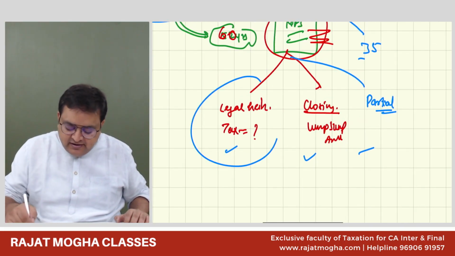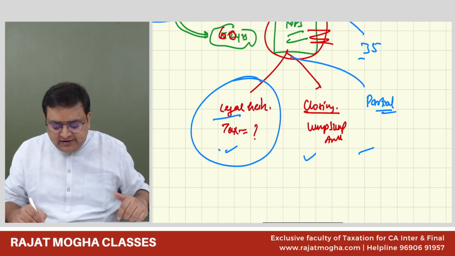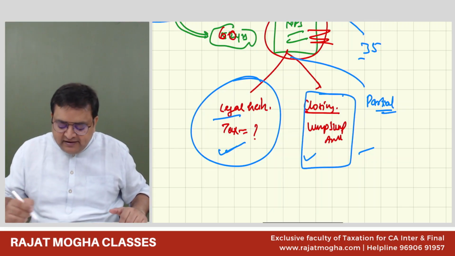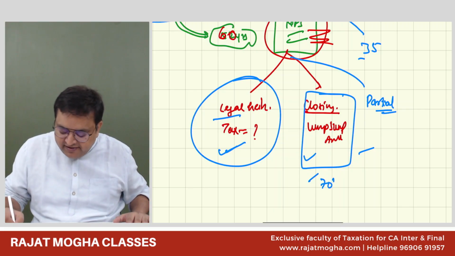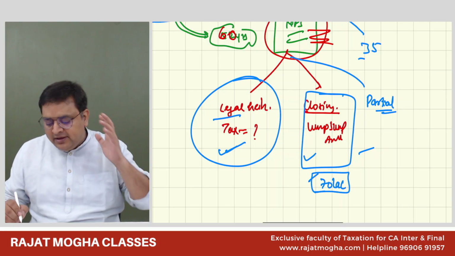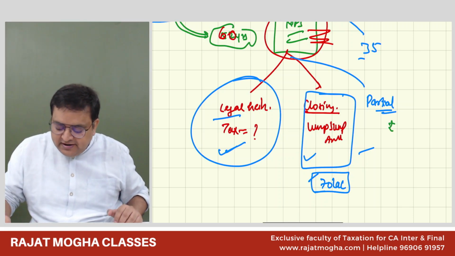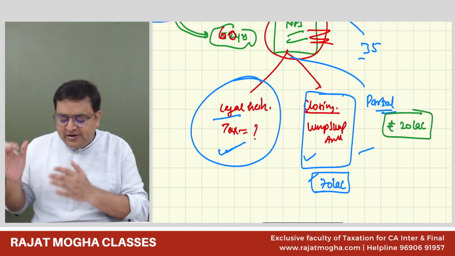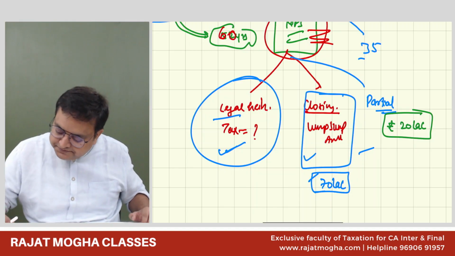When he's died, this person is died and the money is received by the legal heir, is it taxable or not taxable? If he's closing this NPS, he is receiving some money. Let's say, for example, he is receiving 70 lakh rupees. Whether this 70 lakh rupees is taxable or not. Let's say he is withdrawing some partial amount, say 20 lakh rupees. Whether this 20 lakh rupees is taxable or not. So,